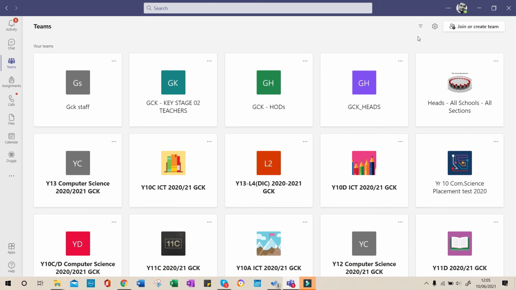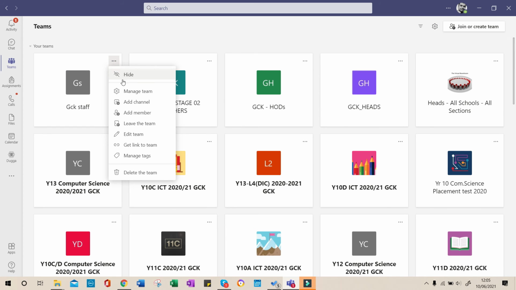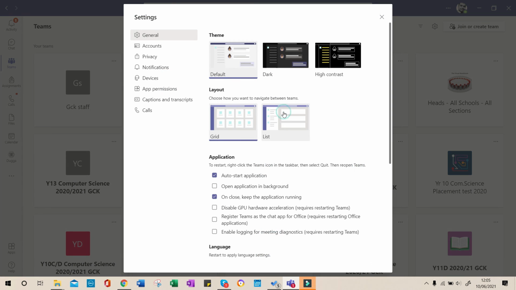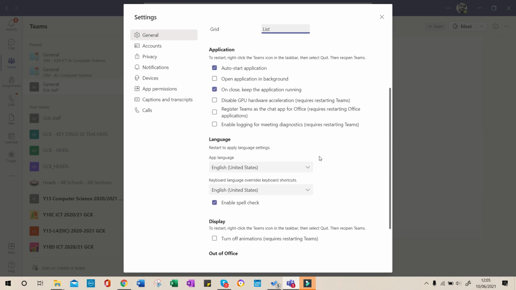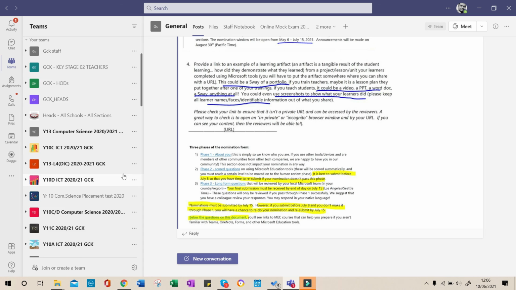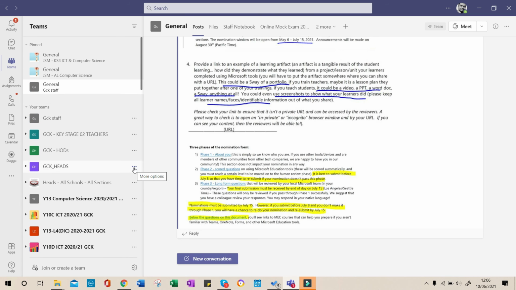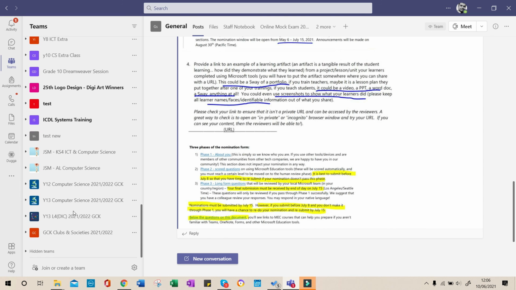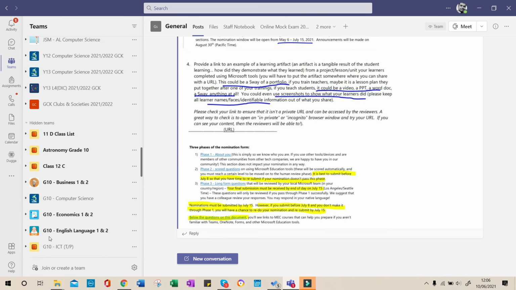If you want to hide a team, you can hide it from here, if it is this view, or else you can change the view to list. And you can click on the three dots here and select hide. And when you do that, the hidden team will appear right here under hidden teams.